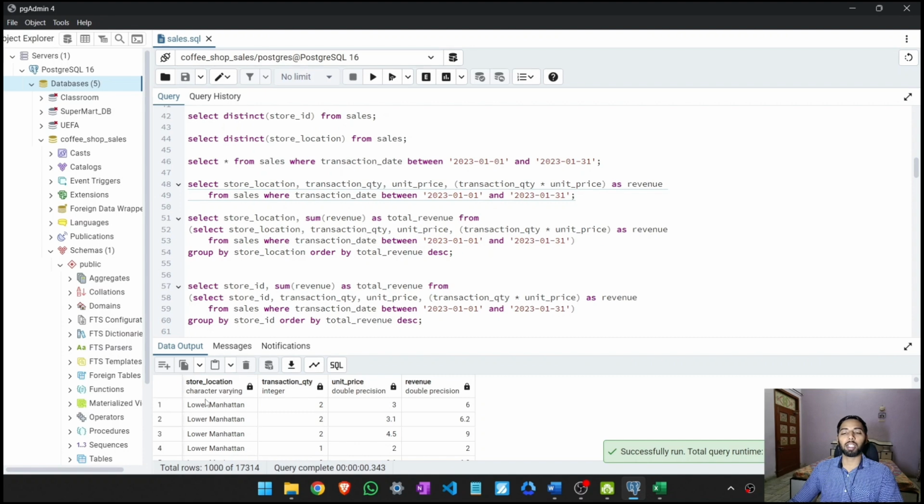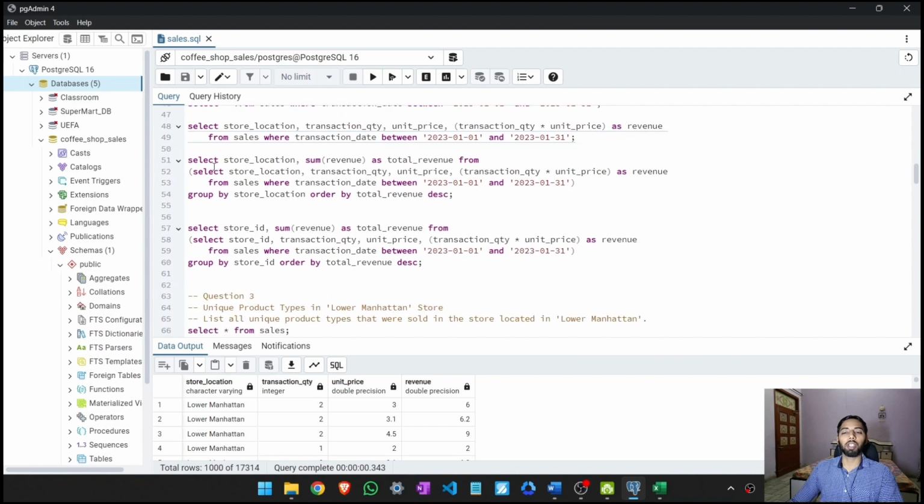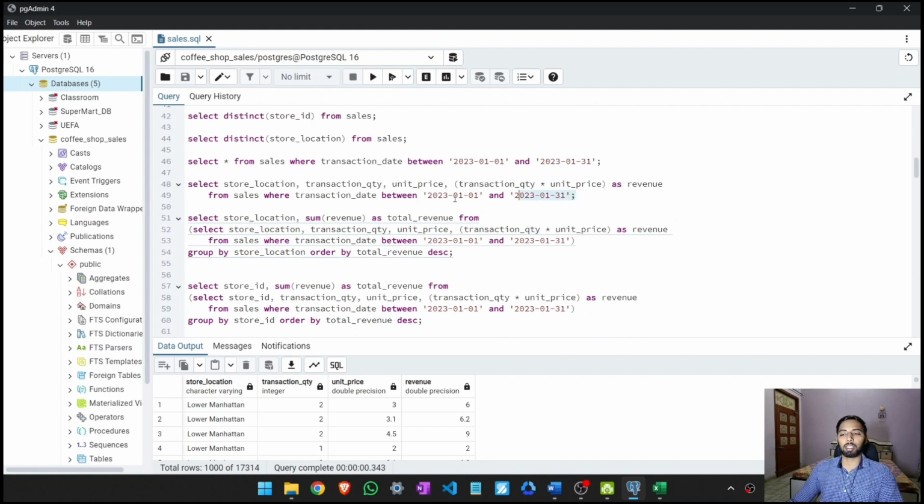Here we have store location, transaction quantity, unit price, and our revenue. Now we will sum this revenue by grouping by store location. For that, we will do SELECT store location, SUM of revenue AS total revenue FROM the table,